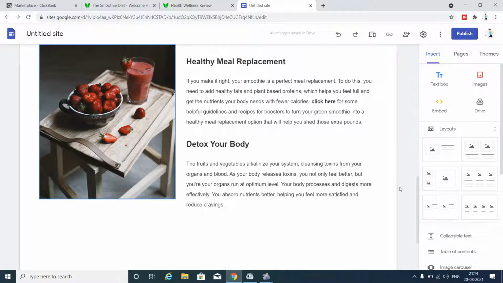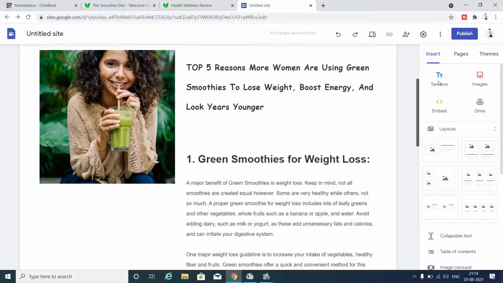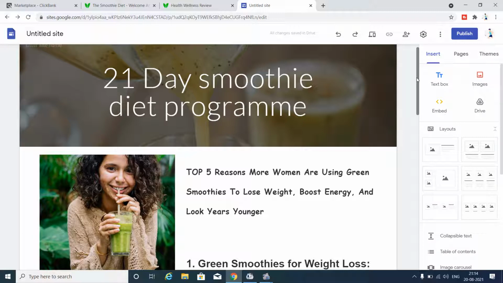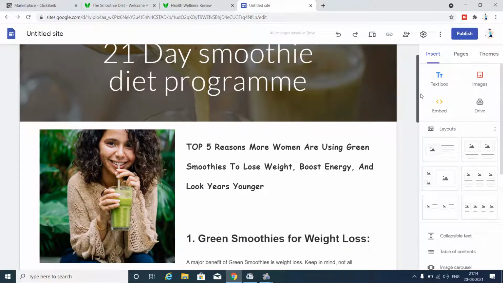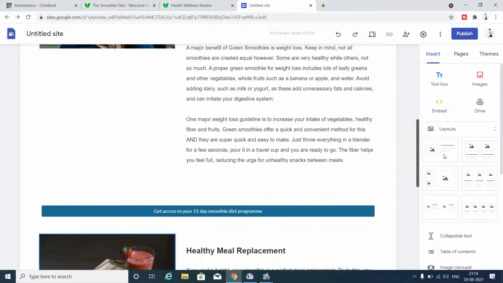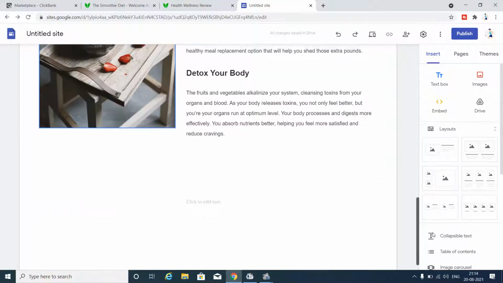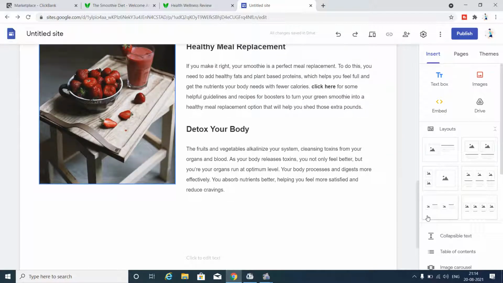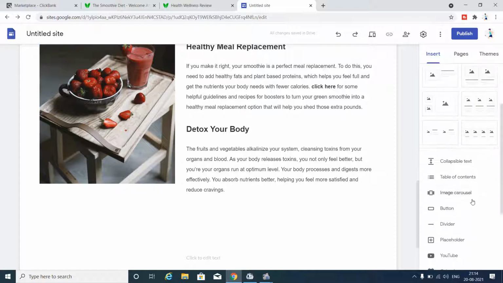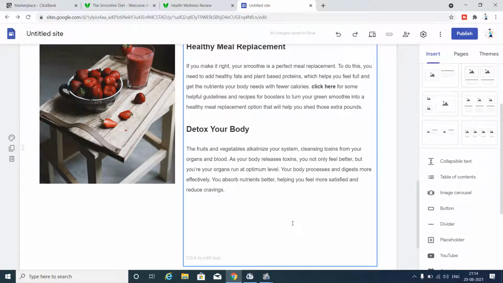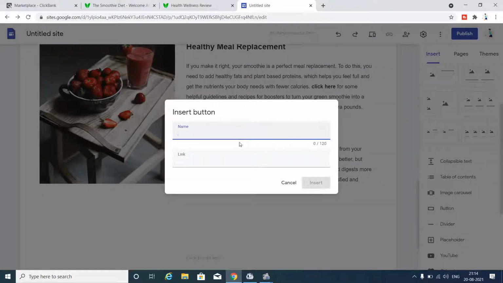So here we go. We have almost built our landing page. It looks great, it looks simple, and it looks easy to read, just like our customers like it. So we have posted our affiliate link here in this button. It's quite visible, and we'll post one more button at the end of this page. So insert another button right here. Okay.